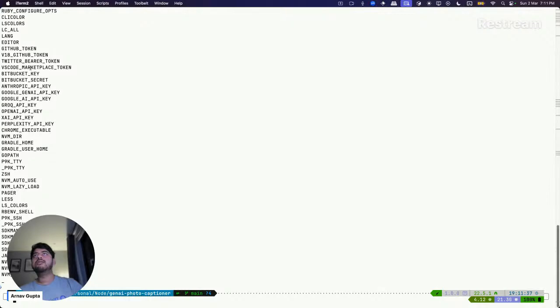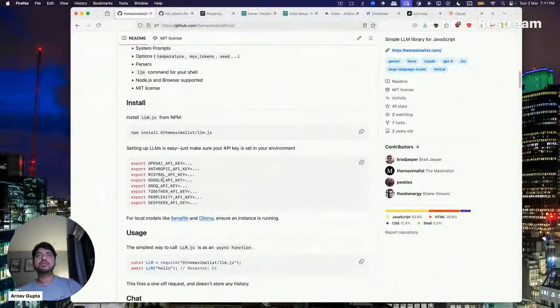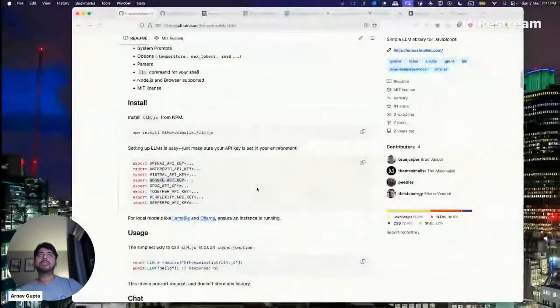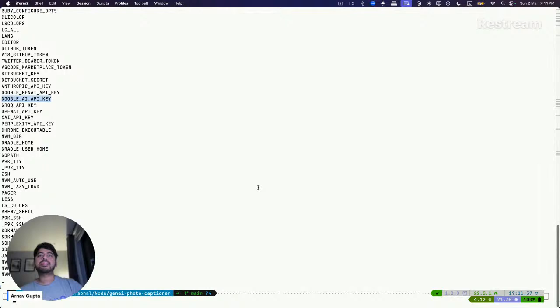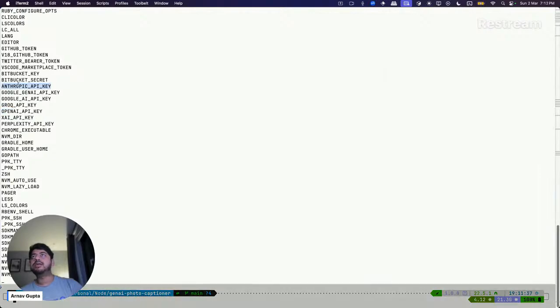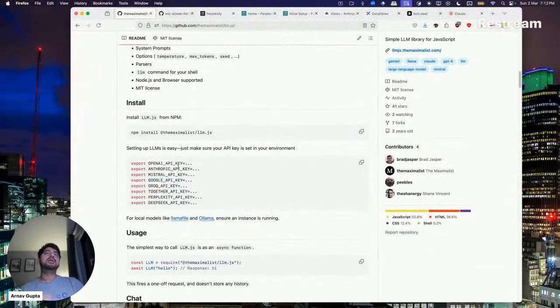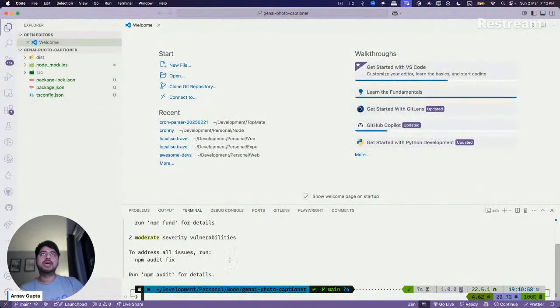Yeah, I do have a Google API key. How does it want it? Okay, Google API key, not Google AI API key. And Grok API key, OpenAI API key, and Anthropic. Do I have an Anthropic API key? Okay, cool. I think I have these, because I use them in Copilot and in my Obsidian and all of that. So those are already there. Cool.